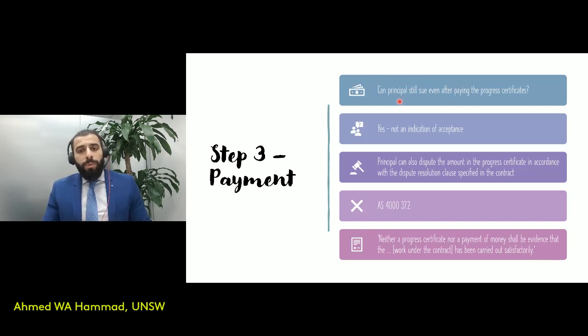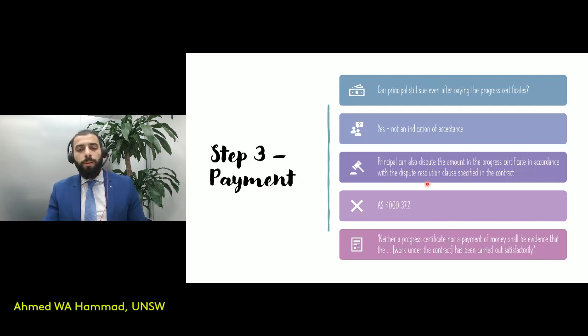Well, answering this question as to whether the principal can still sue, the answer is yes. And it's because the payment that's made by the principal is not an indication in this instance of acceptance of the works. So the principal still has the opportunity to contest the works that had been undertaken, even though they'd already made the payment. And if they wanted to contest